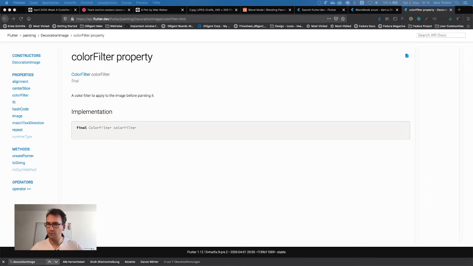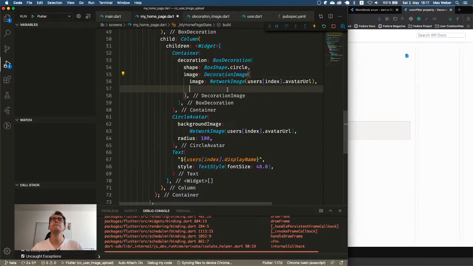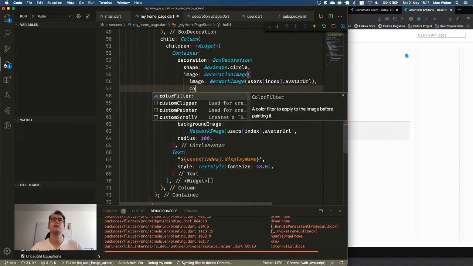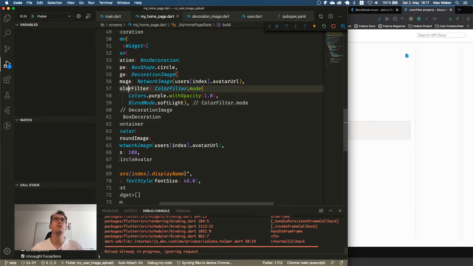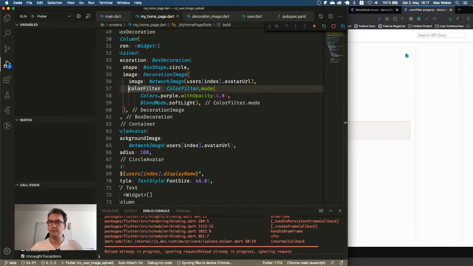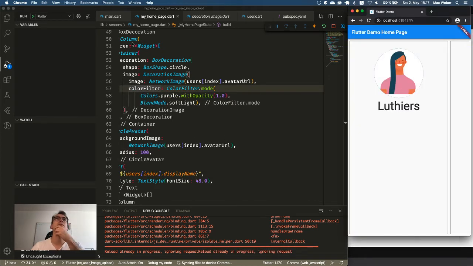Let me test that. So we have the image, we have that decoration image. We take now the color filter, and we just add whatever iTunes gave me now. Let's see if this is working. I think it will, I hope.